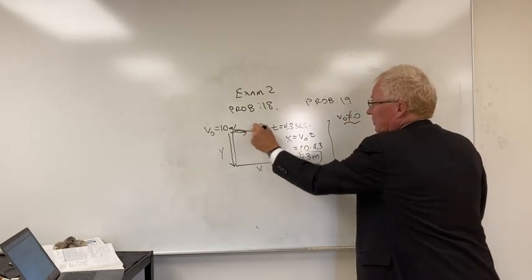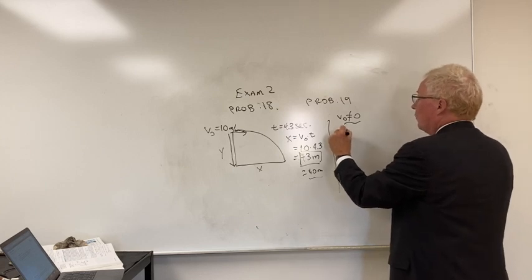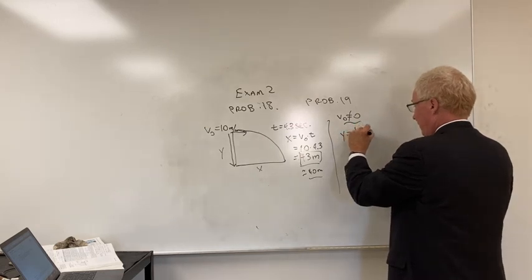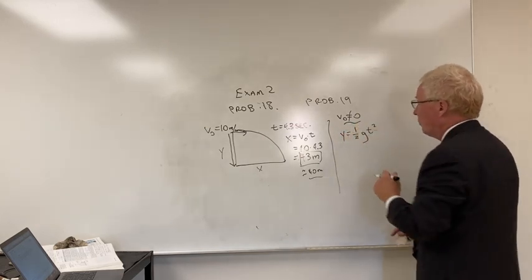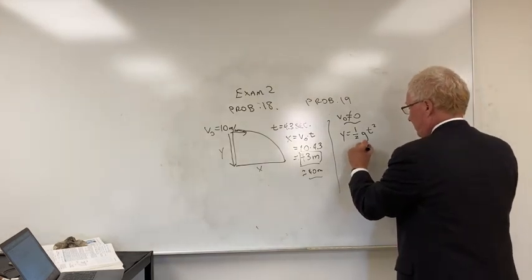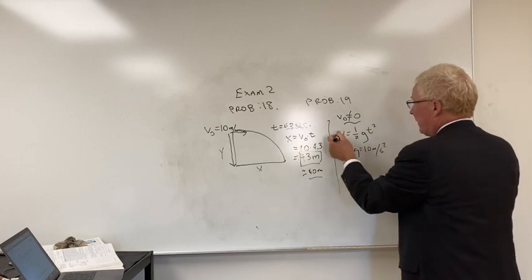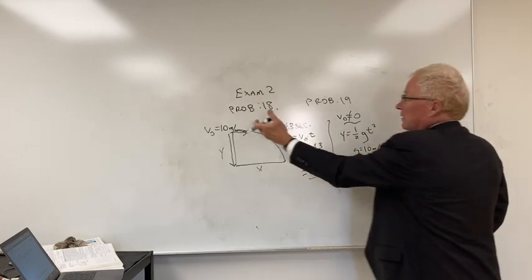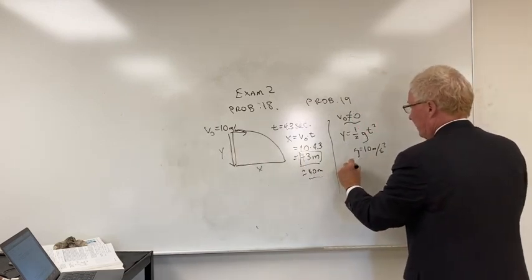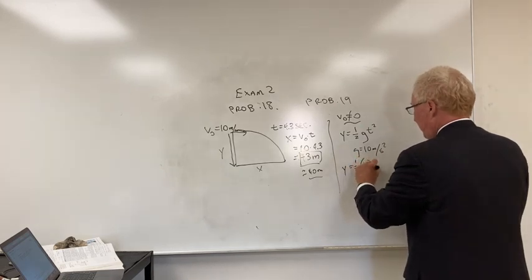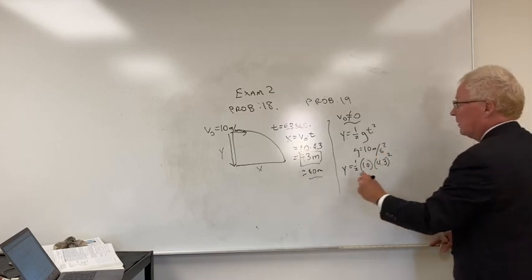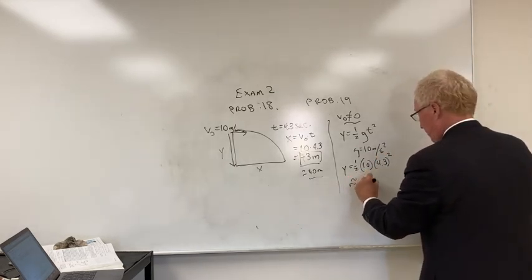This is in the x direction. So we're going to have y is going to be 1/2 gt squared, using our equations of motion from chapter 2. To make it simple, I use g is 10 meters per second squared, or minus 10 meters per second squared. This would be negative then. So I would get y is 1/2 times 10 times 4.3 seconds squared, which turns out to be about 92